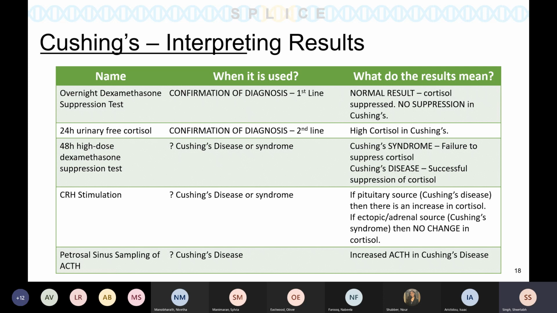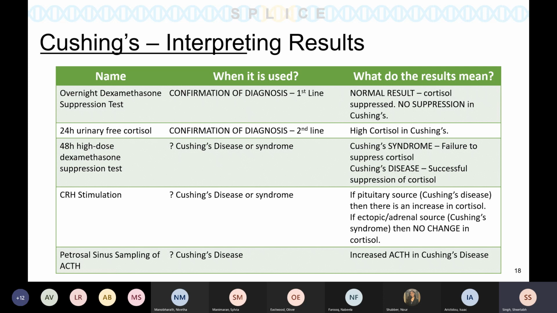CRH stimulation, again, looks at Cushing's disease versus syndrome. Now, CRH stimulates the pituitary gland, and that produces the ACTH. So when you give CRH stimulation, if there's a pituitary source, so a Cushing's disease picture, then there's an increase in cortisol. Whereas if you give CRH and there's an ectopic/adrenal source of Cushing's, there is no change in the cortisol, because